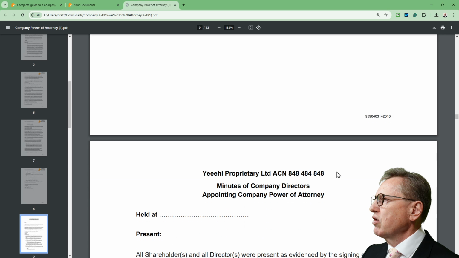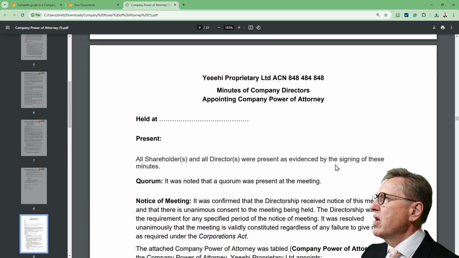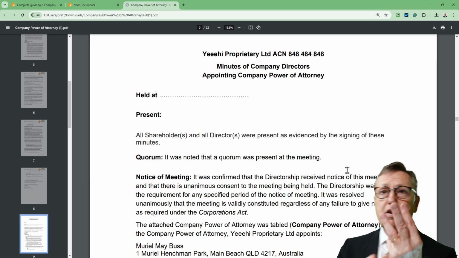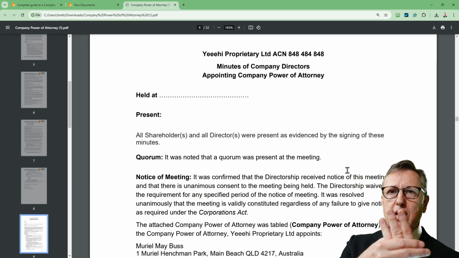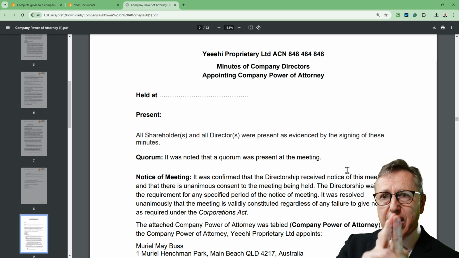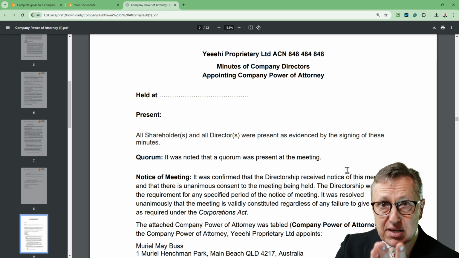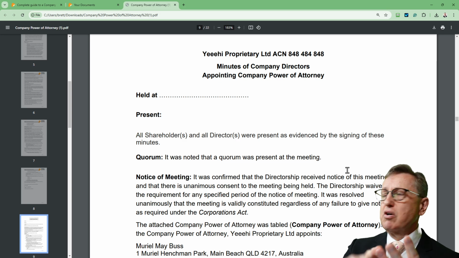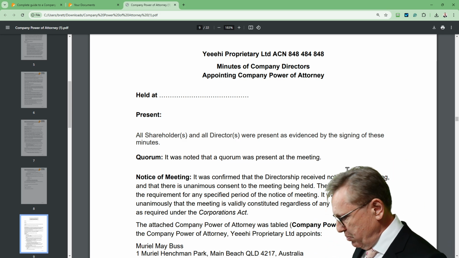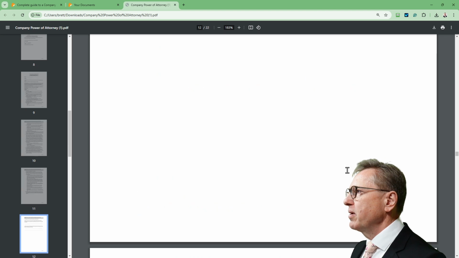And there it is, signed up by the law firm. So now we've got minutes. There are three things you're getting with the company power of attorney: the cover letter, the minutes, and the deed itself, which you're going to come to. So let's move to the